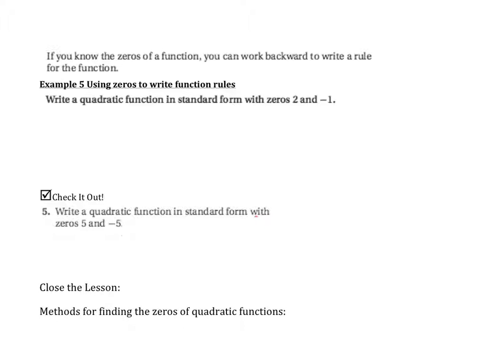If you know the zeros of a function, you can work backwards. Okay? So, if I know a 0 is negative 2 and the other one is negative 1, then I set them equal to x. Then I